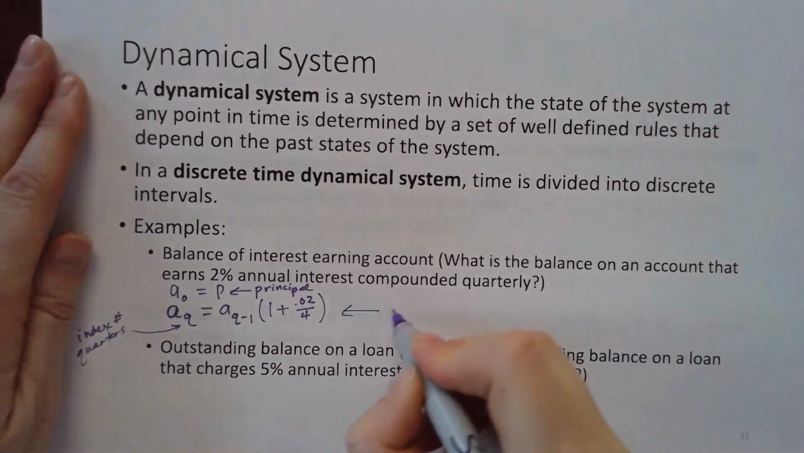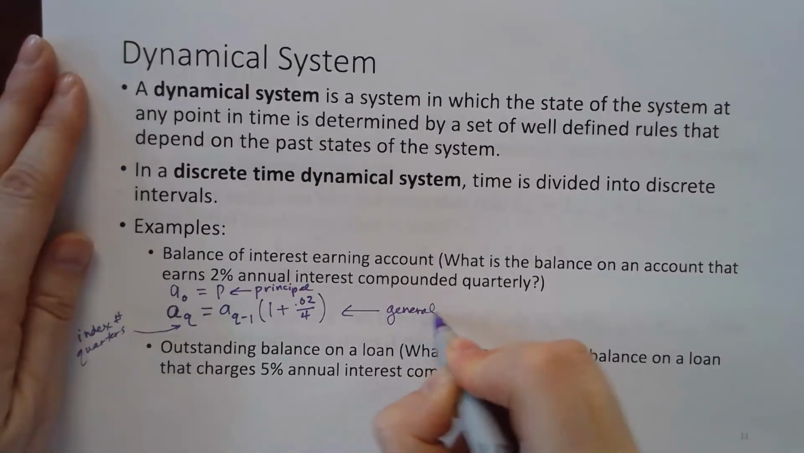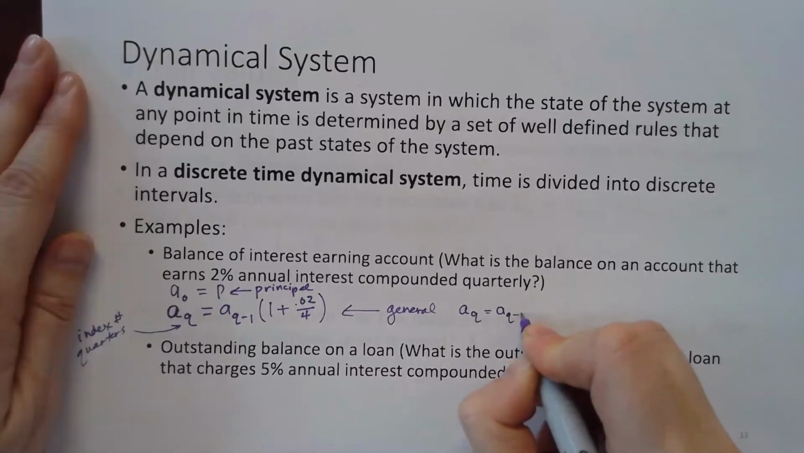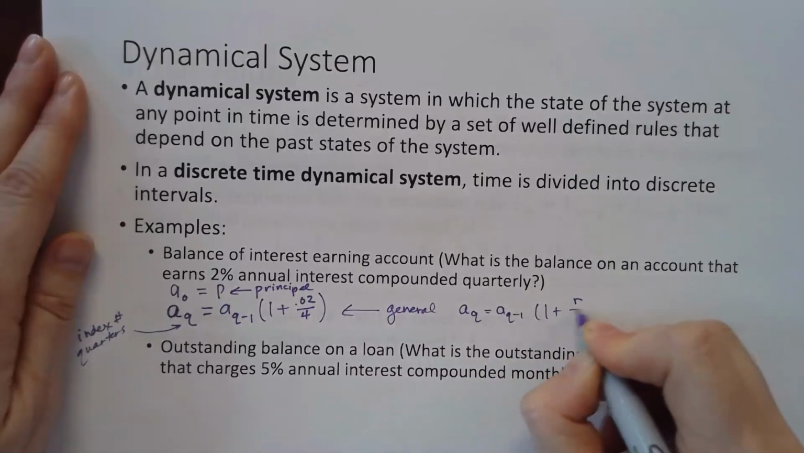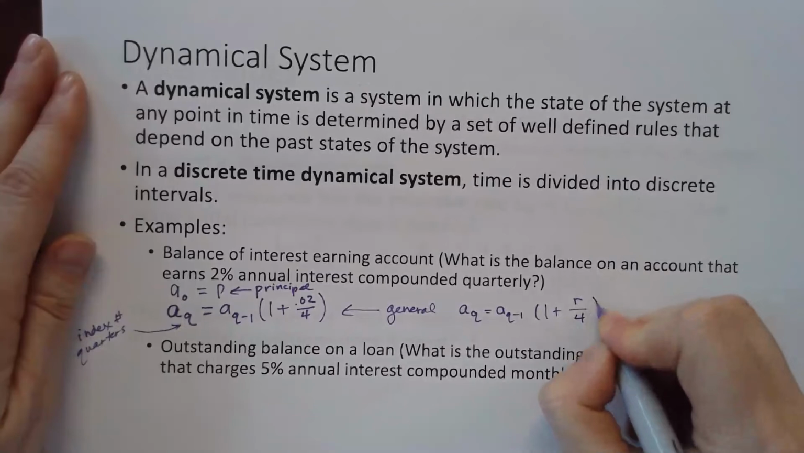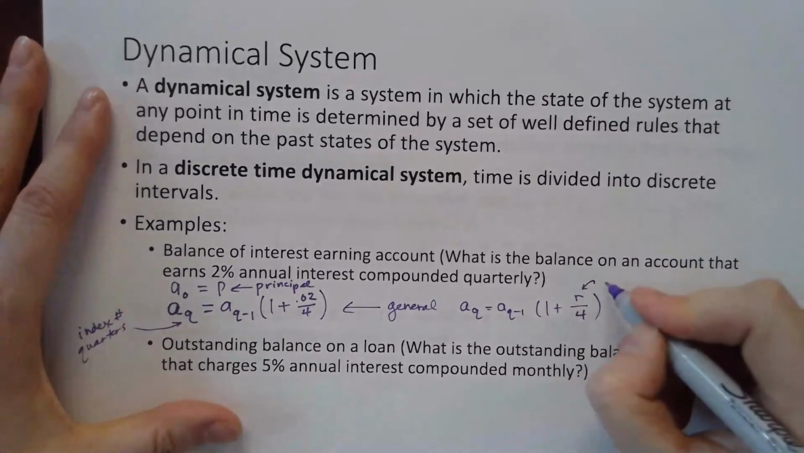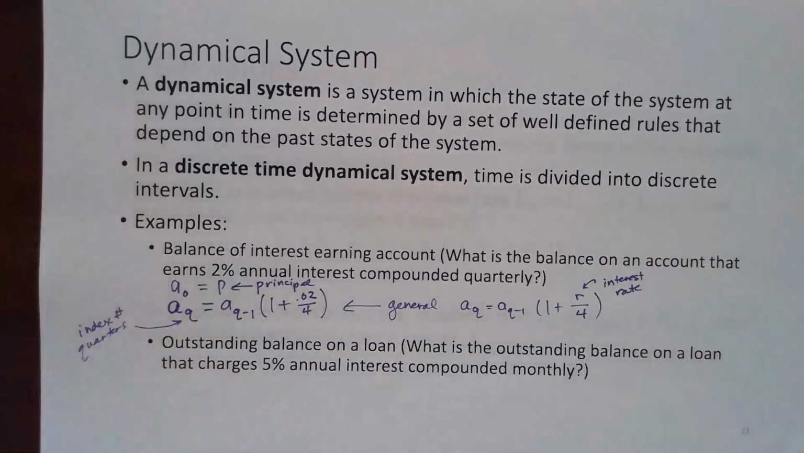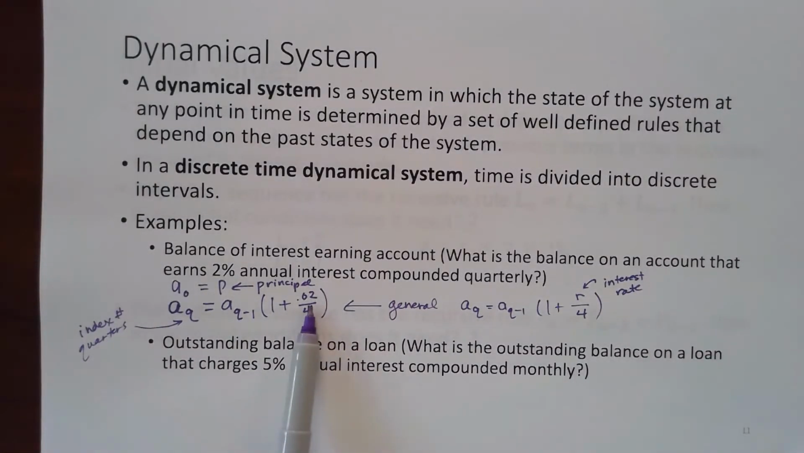In general, the amount after Q quarters would be the amount from the previous quarter times 1 plus the interest rate over 4. It was just 0.02 here because of the 2%. Okay, the other time where we